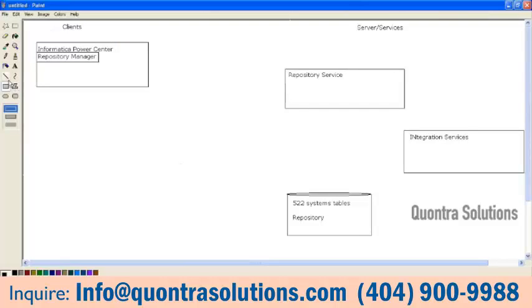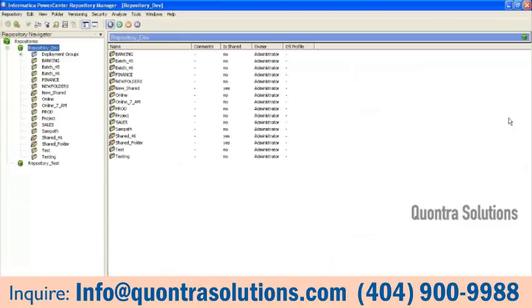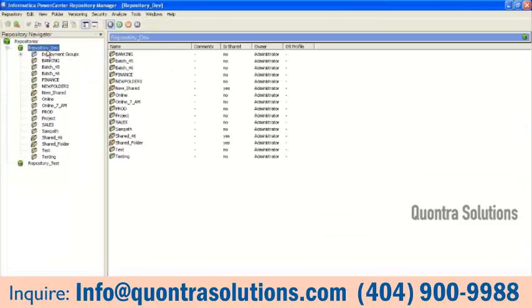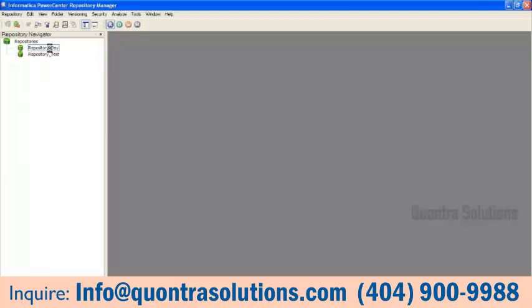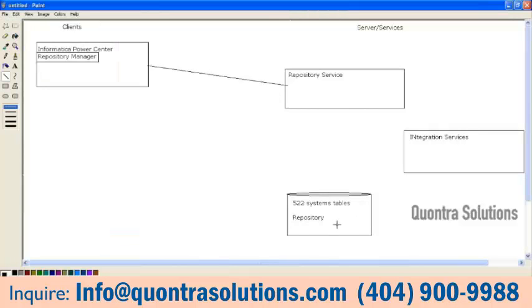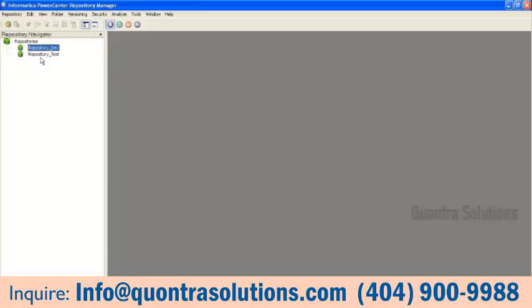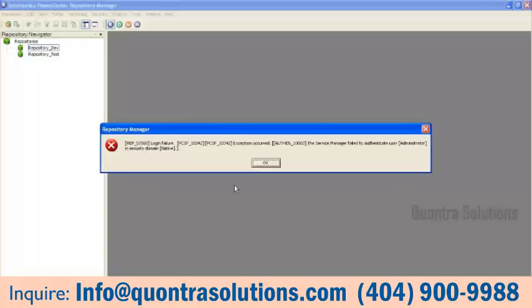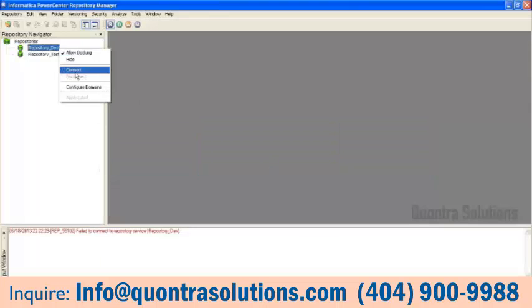Whenever you are trying to connect from the front-end client tool, it's a front-end GUI application, the communication will be sent through the repository service. You are entering your user ID and password, right? Whatever user ID and password you are entering is available in one of the system tables. The user account and password will be saved here. So you are going to connect. The communication will be sent from here to there, then from there to here, and then you are connected to Power Center Repository Manager. Let's say you give a wrong user account, or the user is not available or not authenticated, you will get an error message. Let's say you are connecting.